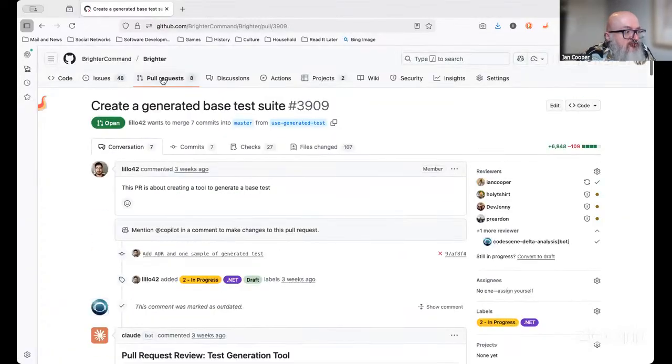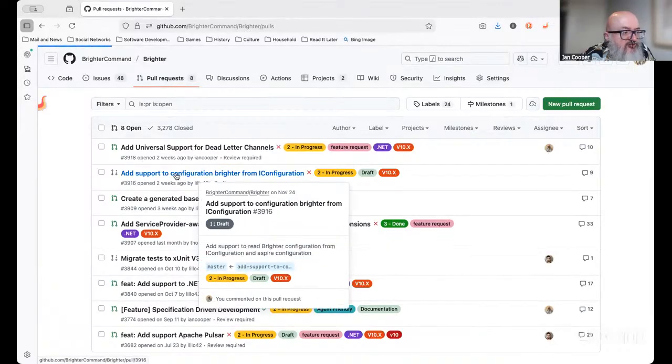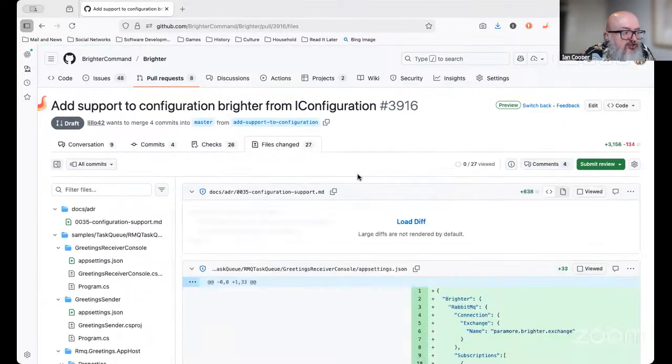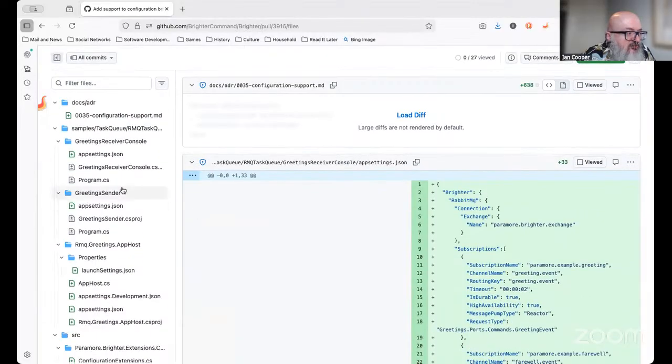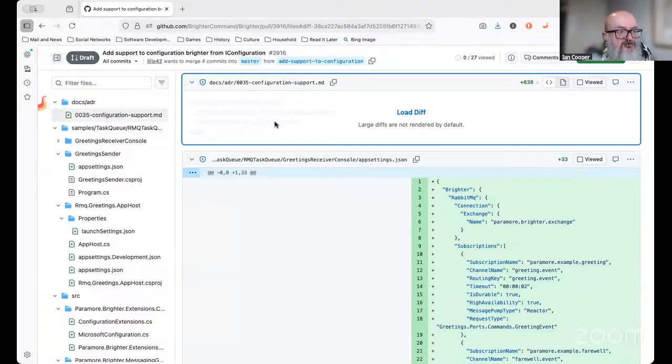Yeah. All right. Next on the list: add support for configuration to Brighter from IConfiguration. All right. Toby, if you've not seen this one, you might be excited. Let me find something I can... Yeah, there's a, oops,